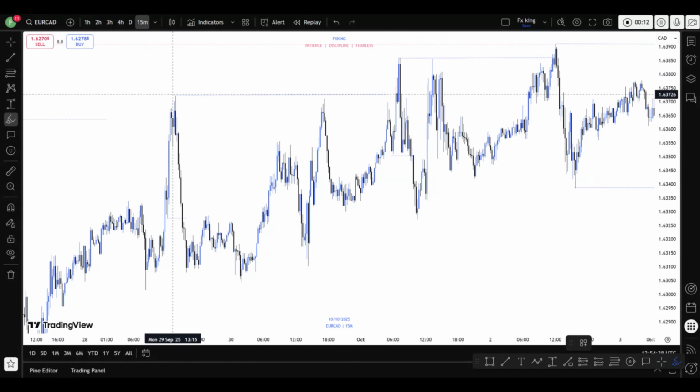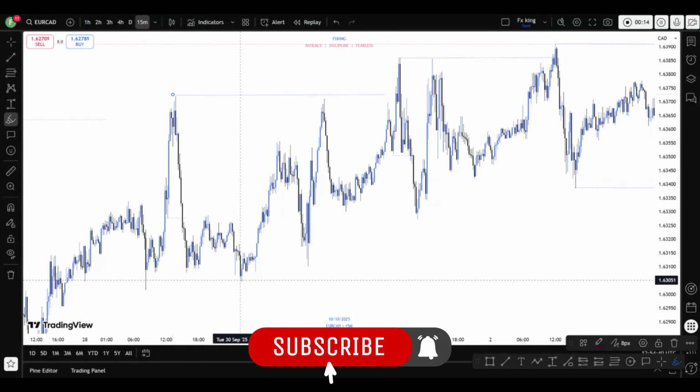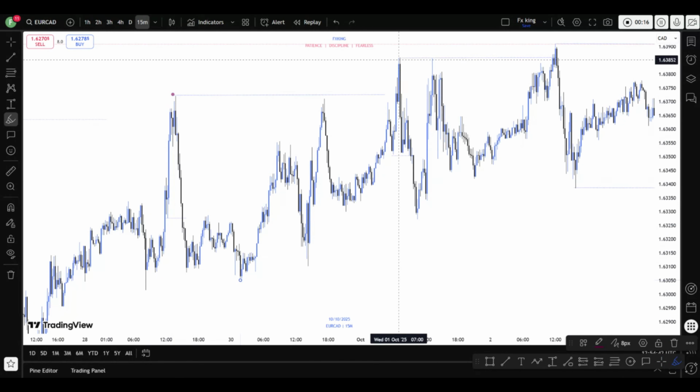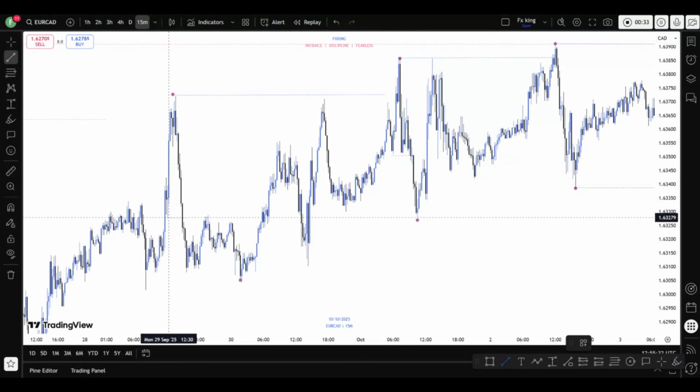This market is creating a higher high. We have our higher low here. We have our new higher high, our higher low, and this next higher high here. So you can all agree with me that this market is trending to the upside, especially considering the fact that we had this